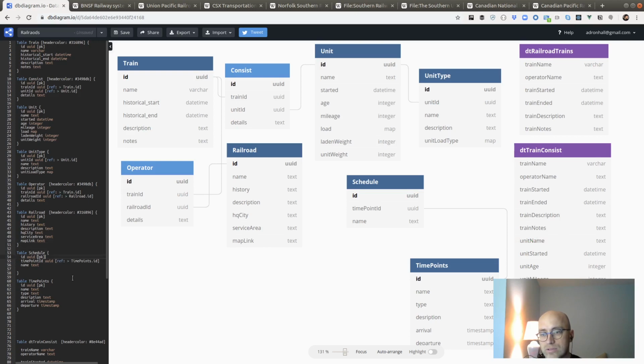Where'd schedule go? There's schedule. So I could either do this. Oops, that's not what I want to do. Yeah, I do want to do that. No, what I want to do is, where's railroad? There's railroad. I'm going to do this. Schedule.